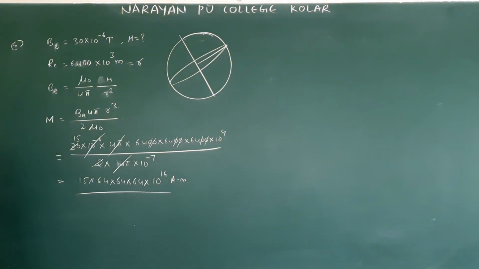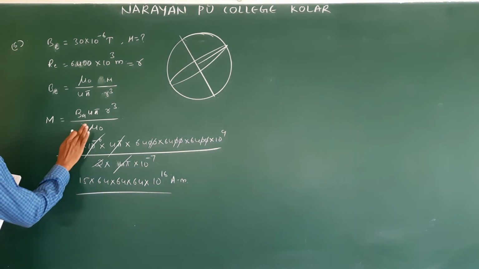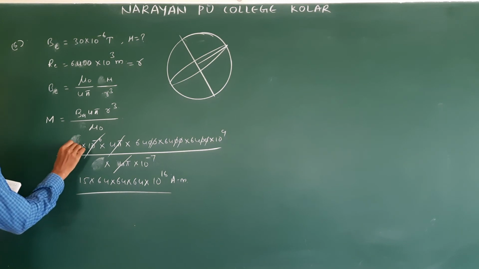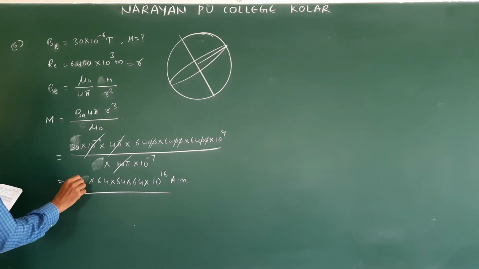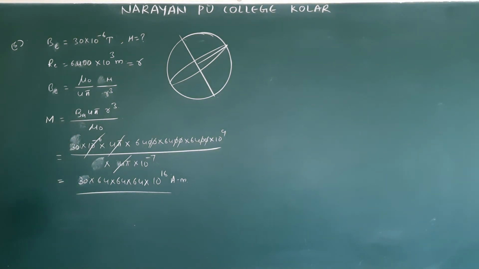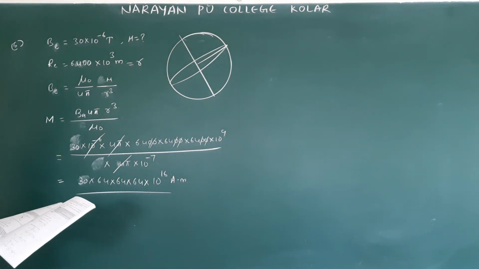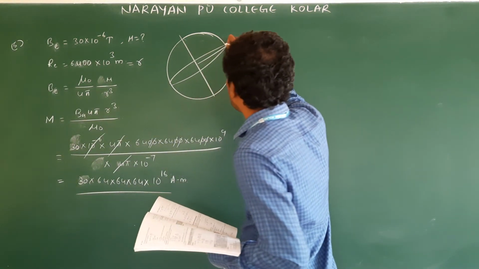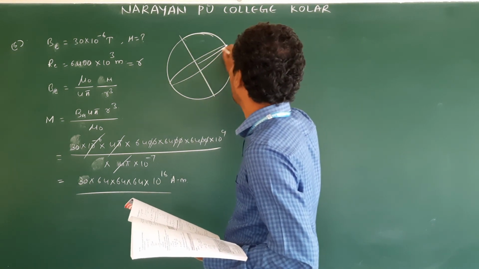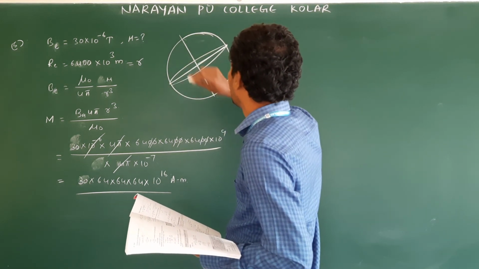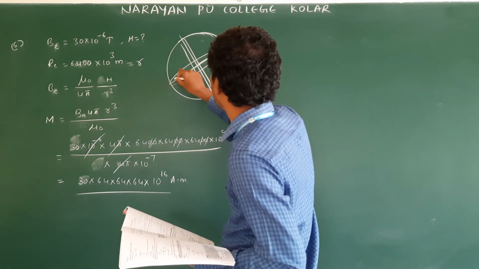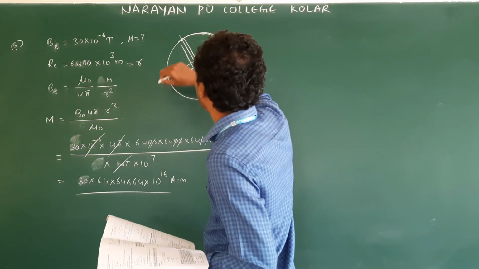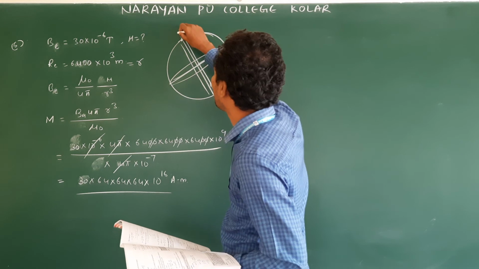Here it is M only. This 2 will not come here. The field is 30, a small change. I took it on the axial line, sorry, they gave it on the equatorial line. What is the value of magnetic field at the north pole? They gave information on the equatorial line of the magnet. If you think of this as a magnet, this line is the equatorial line. Now they are asking the field at the magnetic north pole. It is nothing but the axial line.